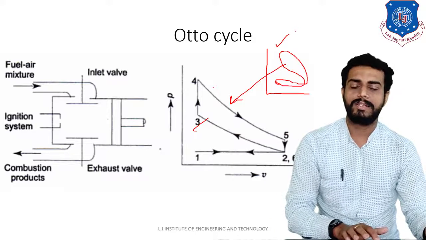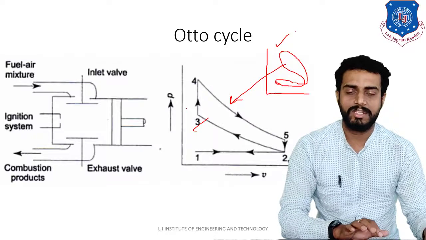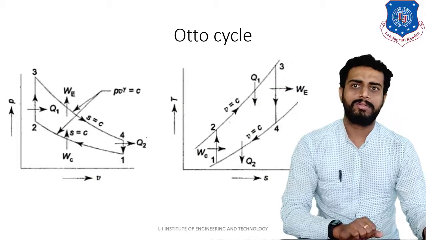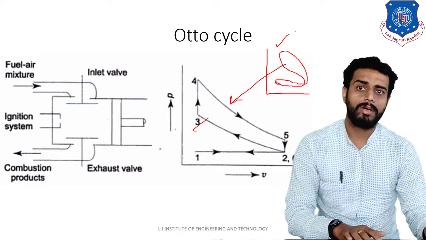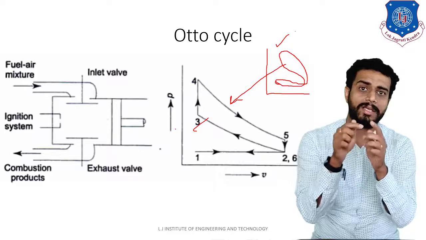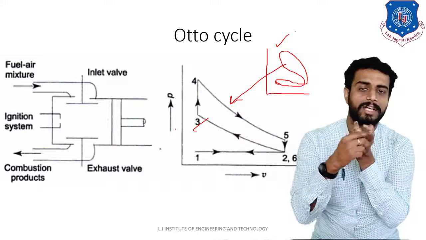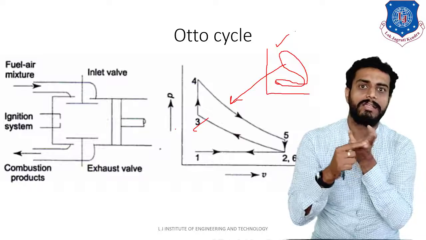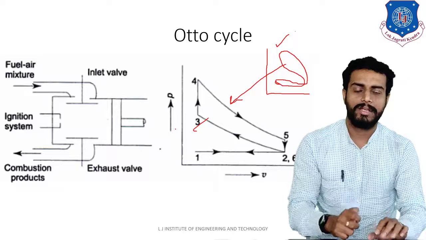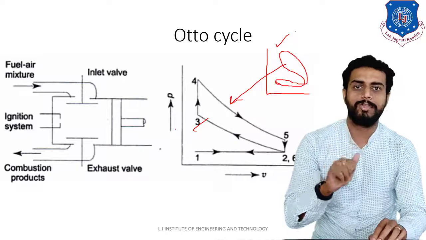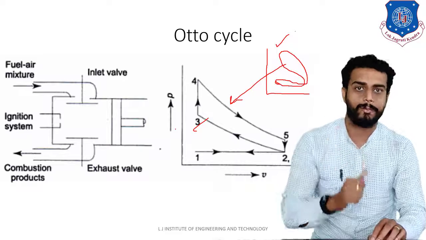Clear? Now let us understand the thermodynamic Otto cycle. This was the mechanical Otto cycle. Now thermodynamic Otto cycle means what? Now observe that we will transfer these processes, that is first stroke was suction stroke, then compression, then combustion, then power, then blow down, and then exhaust. Right? There were 6 strokes, right? 6 processes corresponding to the mechanical perspective. Now, corresponding to the thermal perspective, there are only 4 processes.